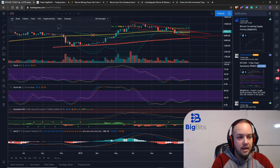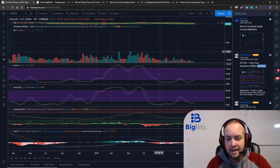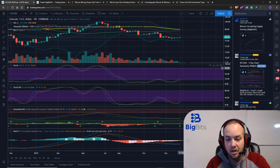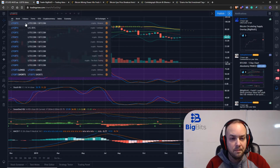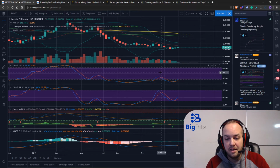Let's go ahead and take a look at Litecoin. And it's following pretty much the same indicator pattern as Bitcoin, which has all of these starting to move up and the crossover forecasted on the MACD. So it looks really good versus the dollar. It also looks really good versus Bitcoin,